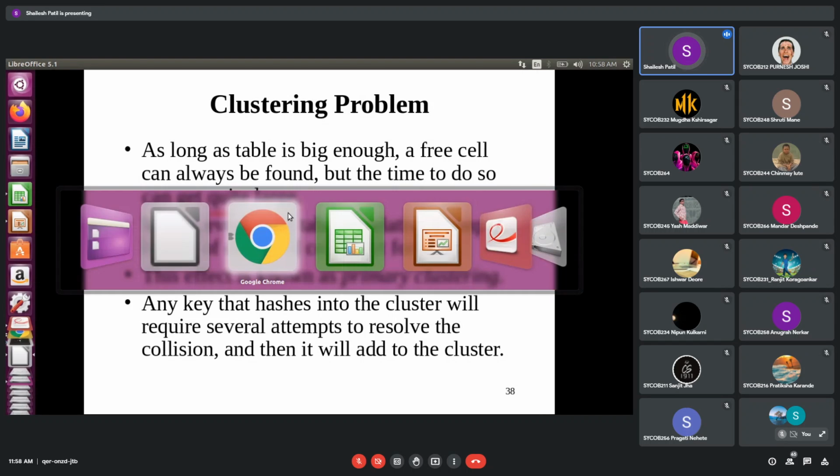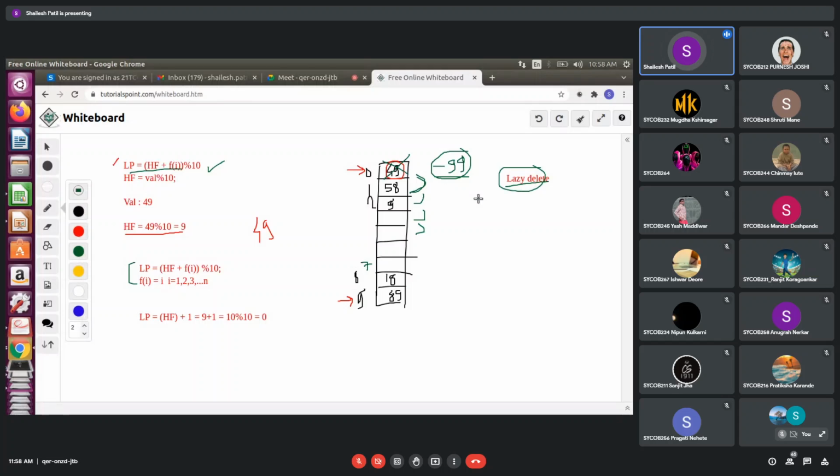Suppose you consider this table as having 100 elements, a bucket size of 100. Suppose my numbers are initially only in the range of 1 to 5. Then all the initial places are going to be filled in the same manner.